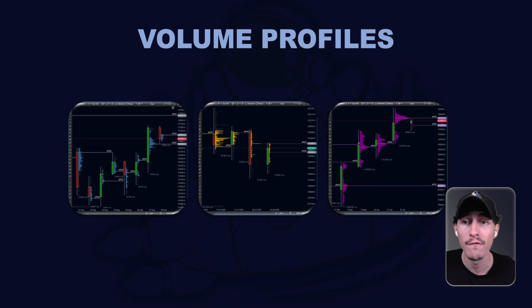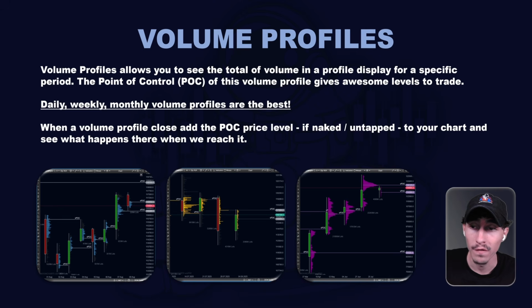Let's go now with number 4, volume profiles. These are very important things too. Volume profiles allow you to see the total of volume in a profile display for a specific period. The point of control of this volume profile, or POC, gives you some levels to trade. Daily, weekly and monthly volume profiles are the best. Thing is, when a volume profile closes at the point of control price level, of course if and only if it's naked, so untapped basically,